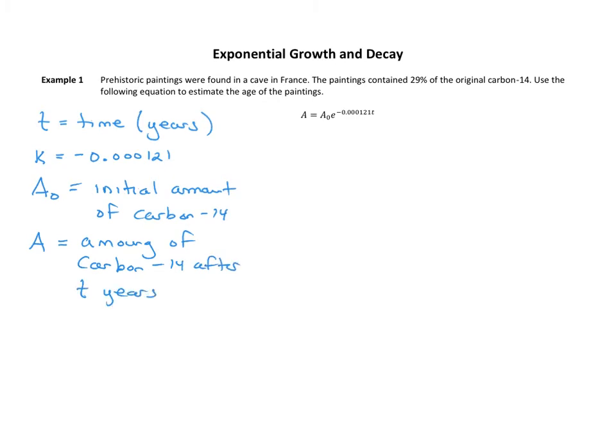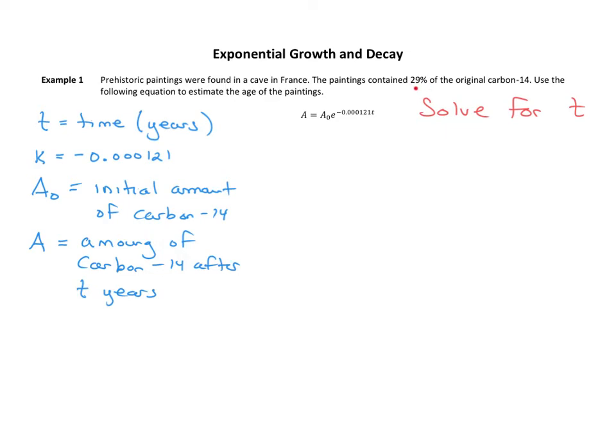Okay, so if you put in 5 for t, you're saying after 5 years, what's the amount of carbon-14 that remains? So for this problem, we want to solve for t, time, given that there's only 29%